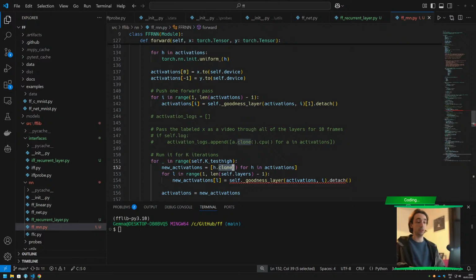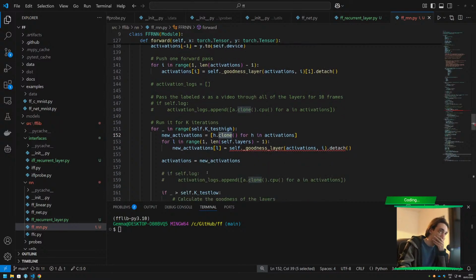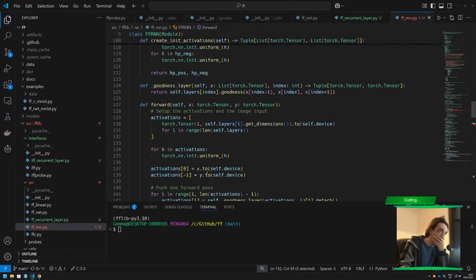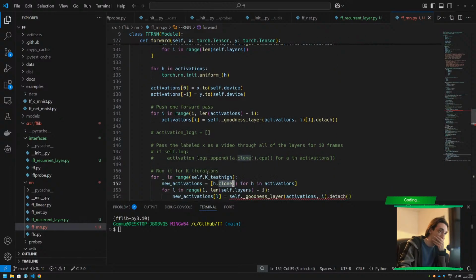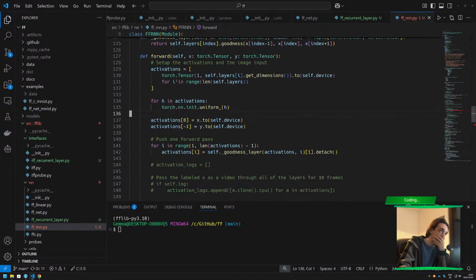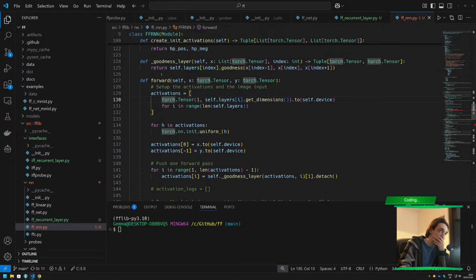Oh, this is so complicated. I mean, it's stupidly activate. What if we want to have